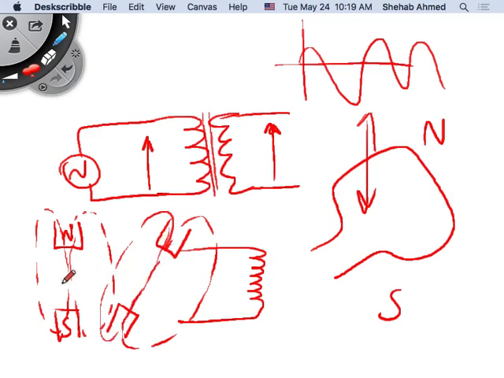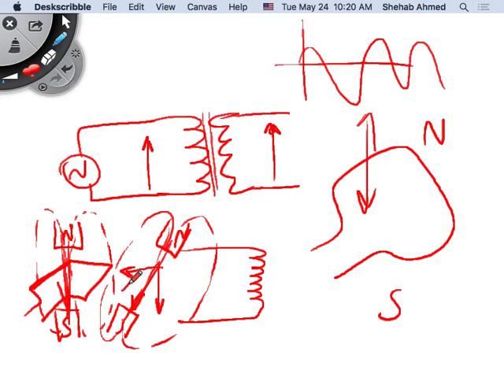So if I have a stationary turn here, each side of this turn is a piece of wire. This piece of wire is in a magnetic field. If the magnets are on top of the wire in this position, there's a certain value of magnetic field that is linking this turn. If the magnets are in a different position, the magnetic field vector is now on the side. It's sideways, so you can divide it into two components. If the turn doesn't change position, and the magnet is the one that changes position,